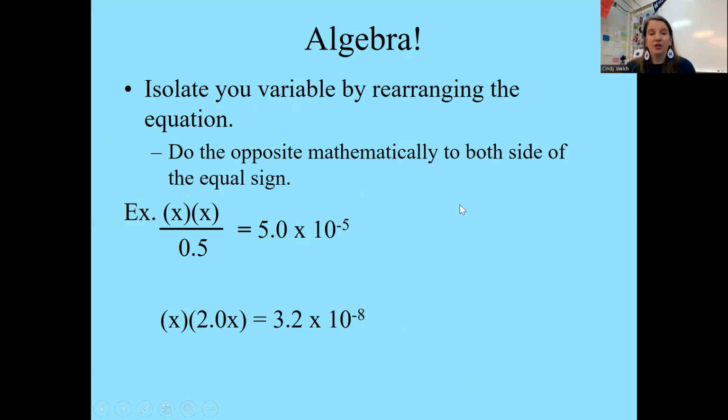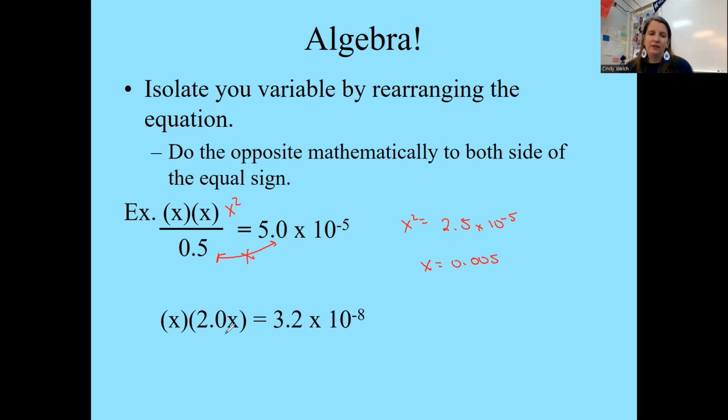Lastly, just algebra, you're going to have to rearrange equations. So make sure you are familiar and comfortable with rearranging equations. If I want to solve for x here, another way of looking at this is x times x, which is x squared. So you would multiply these two values first, and then you would take the square root of that. So that means x squared is equal to 5 times 10 to the negative 5 times 0.5, which is 2.5 times 10 to the negative 5. And then we want to square root that. And x would be